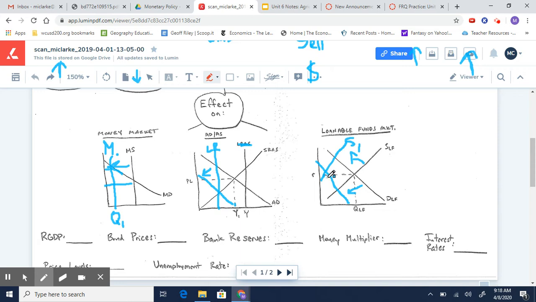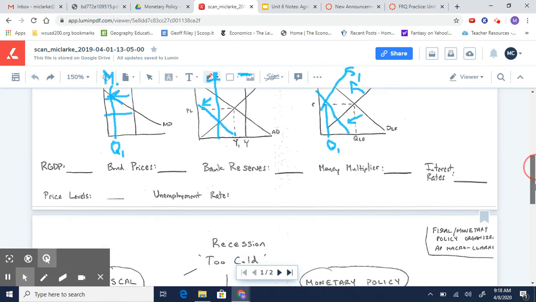So the interest rate here stays about the same, and the quantity of loanable funds decreases. Okay. So to answer some questions here, it's asking based off of these policies, based off the contractionary policy that the Congress and the Fed is pursuing, real GDP is going to fall because people have less money to spend, taxes are higher, there's less available loans,